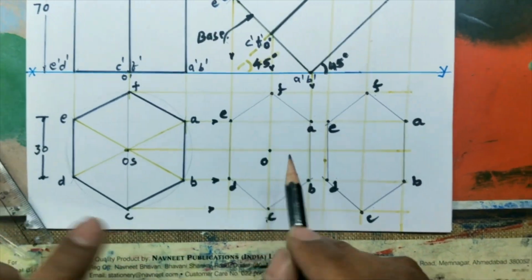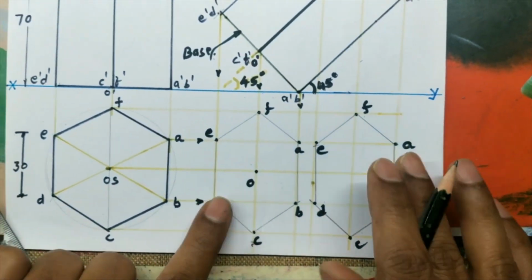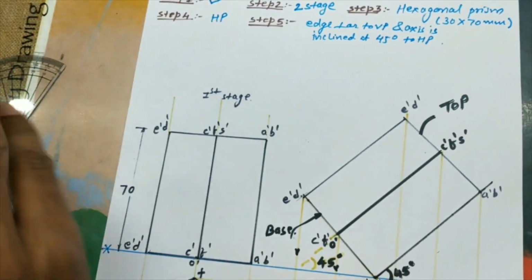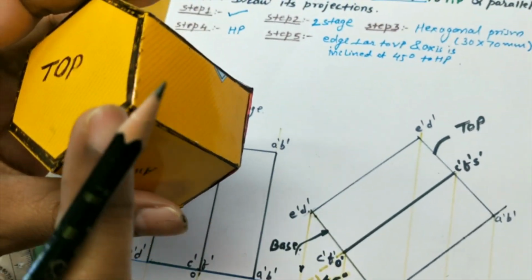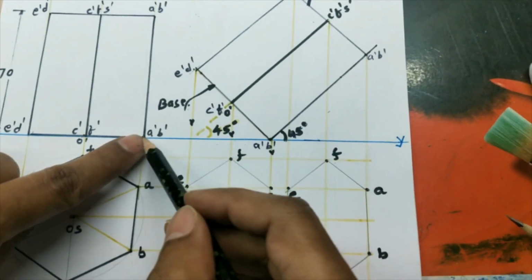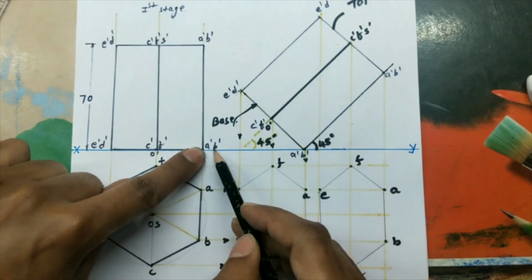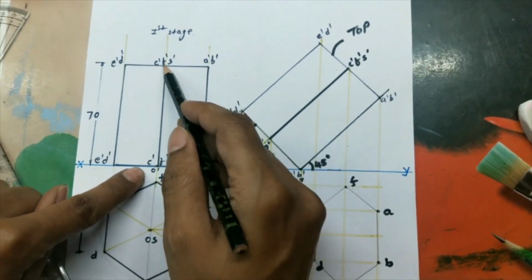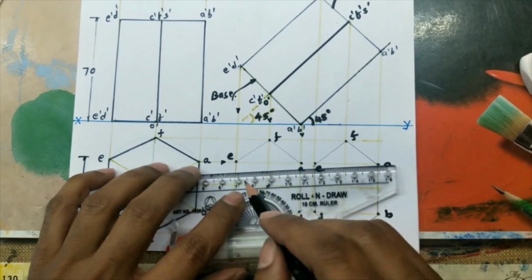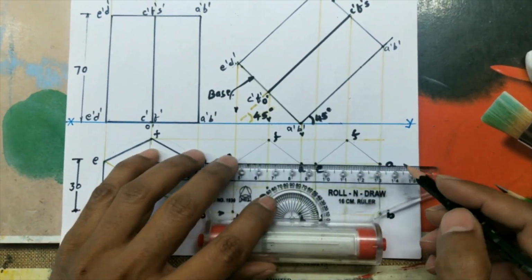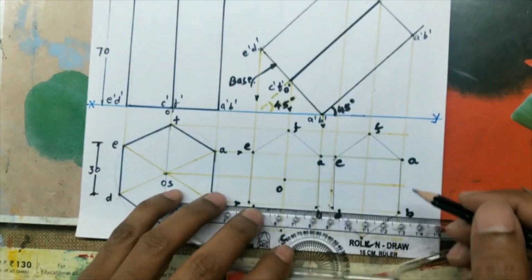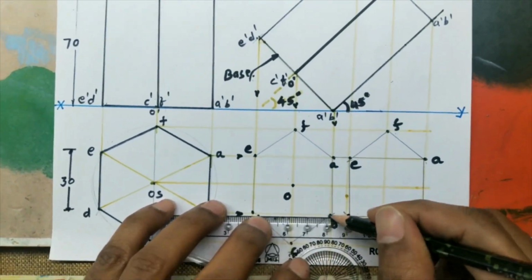Okay. Now base and top I had done, but we know that this base and the top are joined with the longer edges. For example, here you can see A is joining with A, B is joining with B, C is joining with C, F is joining like that. What I will do, see here, A is joining with A, mark it there. A is joining with A, B is joining with B, I'm joining it.